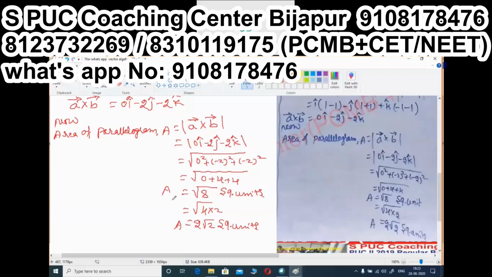Is it clear to everybody how we solved the area of the parallelogram? Similar kinds of problems will definitely be there as the 21st or 22nd question in your main examination. The same procedure you are supposed to follow to find the required area of the parallelogram. In this case, two adjacent sides of the parallelogram are given. Similarly, he may give diagonals, so that kind of problem we shall also solve. If one more of a similar kind is there, we shall proceed with that also, the fourth one.